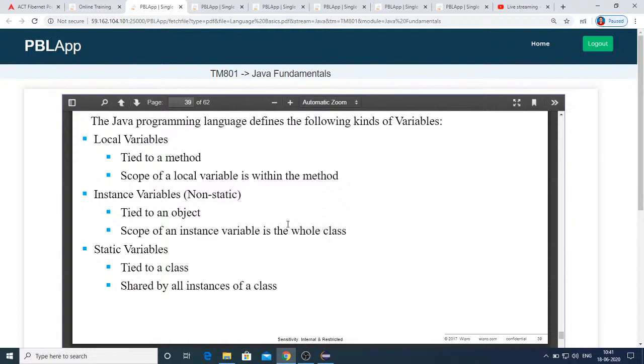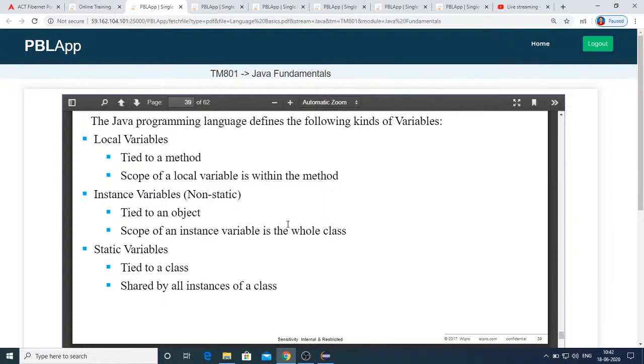The next point you should remember is that from a non-static method you can access both static and non-static variables. I repeat, from a non-static method you can access both static and non-static variables, whereas from a static method you can access only static variables.